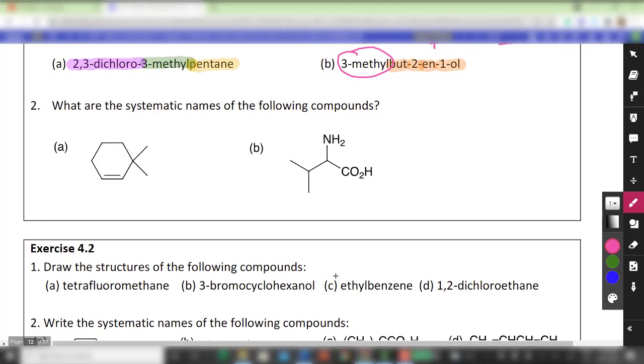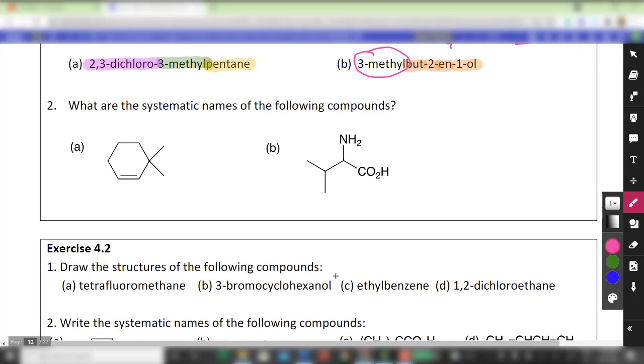Then, what is the systematic name of the following compound? This gets a little bit complicated. Again, I'm very tempted to just use ChemDraw to name it, but we have to go through it. First we need to understand what functional group is present. There's an alkene here, in a cyclohexene. Let's try to number the carbons: 1, 2, 3, 4, 5, 6. We may be tempted to number it this way,